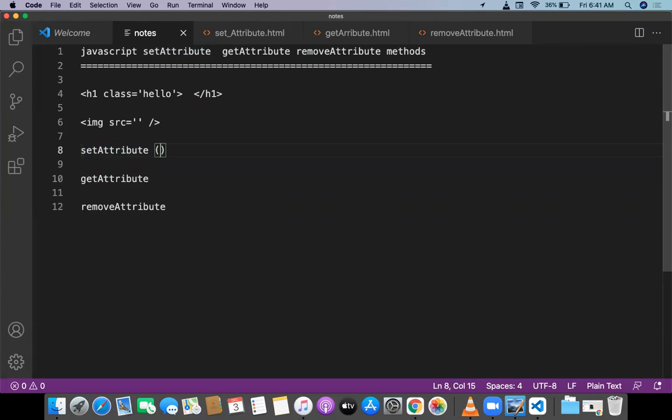The first one is the attribute name. The second parameter is the value. For remove attribute also we need to give the attribute name. For set attribute, name and value. For get attribute, name. For remove attribute, name. That's enough. So these are the different kinds of methods in JavaScript DOM